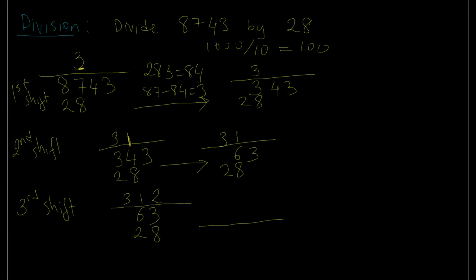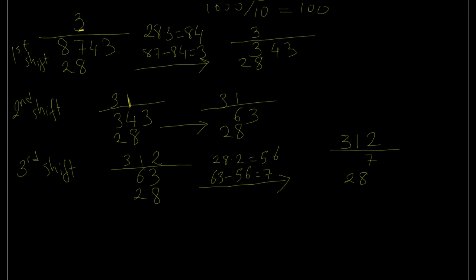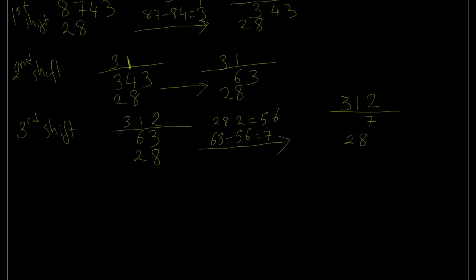And then we subtract. We multiply 28 and 2, which is 56, and subtract that from 63, which is 7. So the number on the top, the dividend, just reduces to 7, and the divisor does not change, and the answer is 312. So once this dividend becomes less than the divisor, we stop and we say that